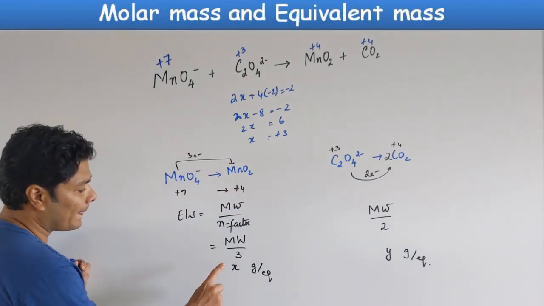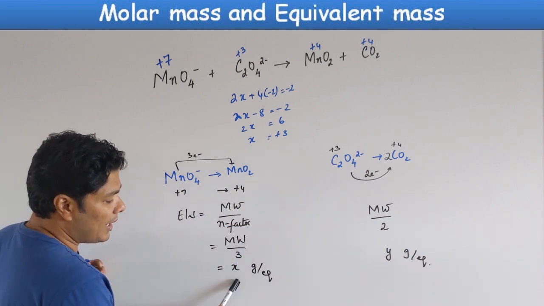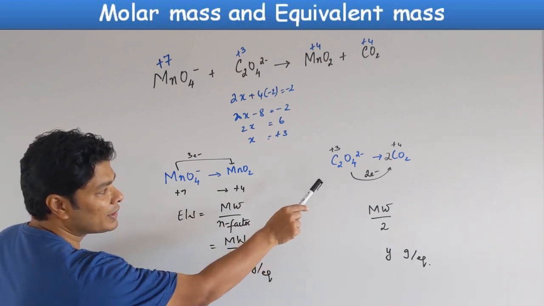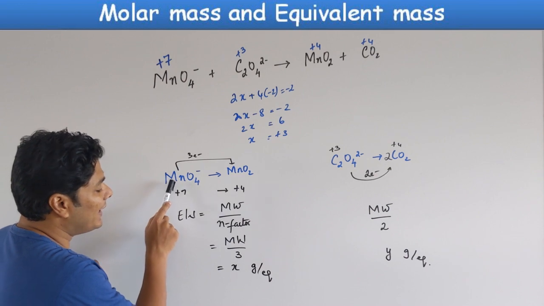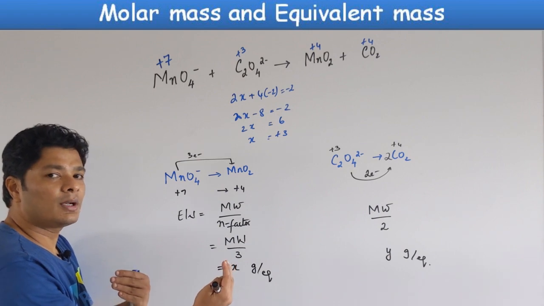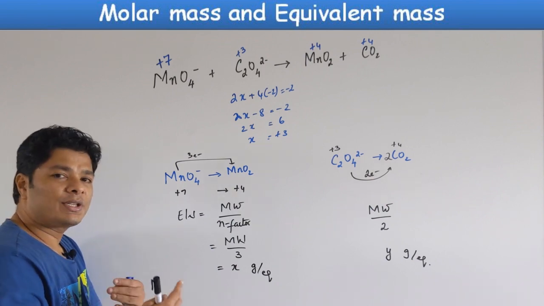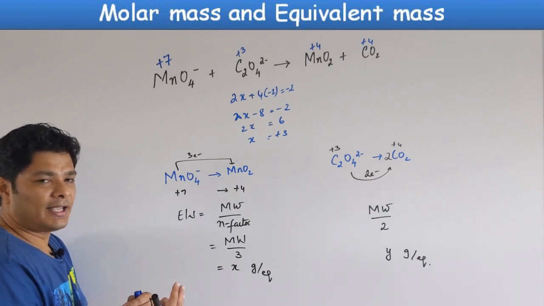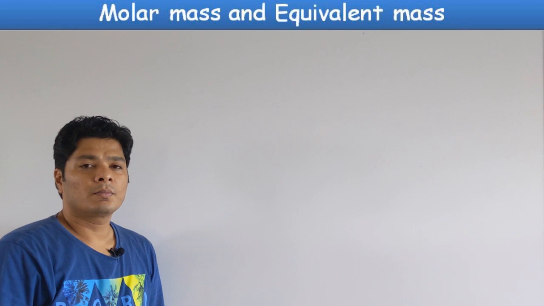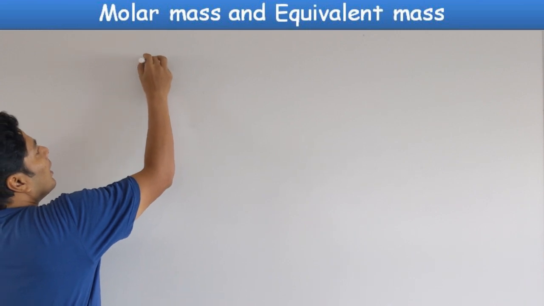What it means is 1 equivalent of MnO4 minus will react with 1 equivalent of C2O4 2 minus. X gram per equivalent of MnO4 minus will react with Y gram per equivalent of C2O4 2 minus, or specifically X grams MnO4 minus reacts with Y grams C2O4 2 minus. This is completely different than your mole concept. Moles are a lot easier, equivalents are not as easy, but you will start getting a pattern once you start solving problems. You will see that it's not all that different, it's still a ratio, just the way you calculate the ratio is different. Let's get stronger in the topic a little bit more. We'll look into a different example.